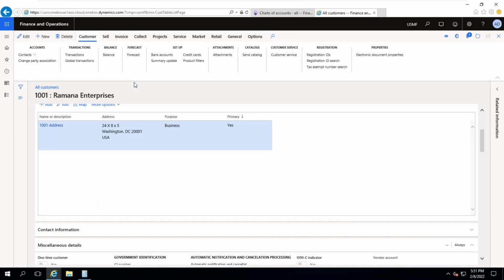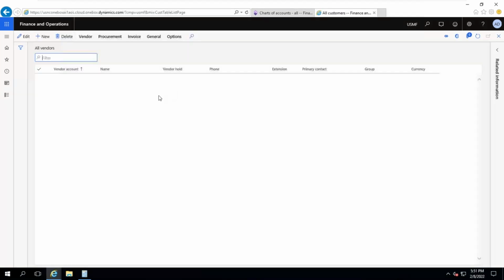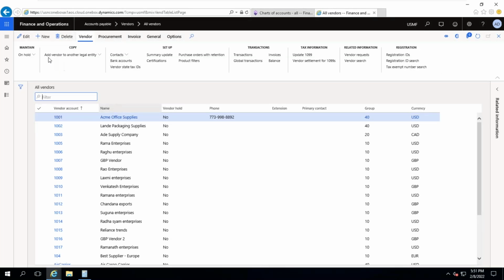If you want really enterprise-level data, there is some more information on sharing the data, which I will discuss with you. Give me 2 minutes. First, let me show you the existing default from AX 2012, and in the previous version also, whatever is available. So here, add vendor to another legal entity.